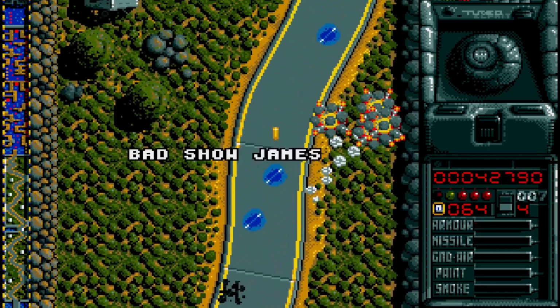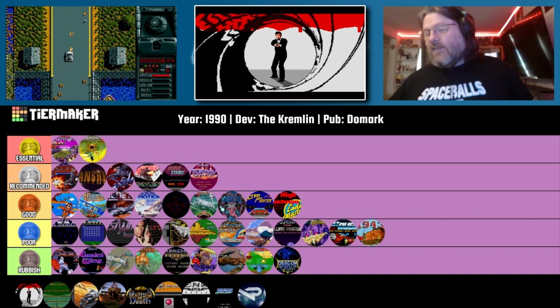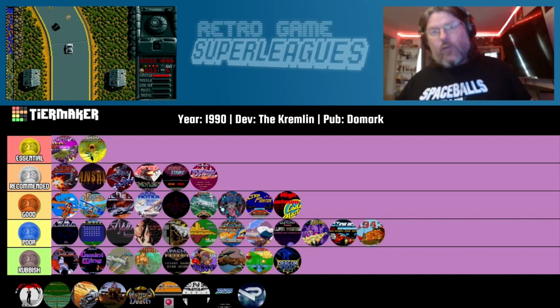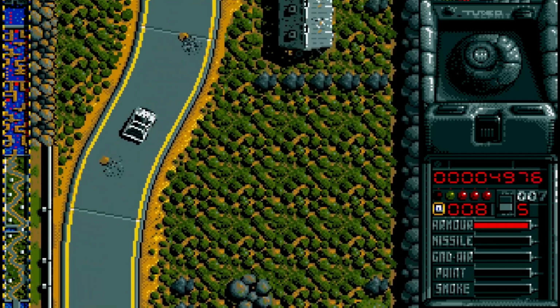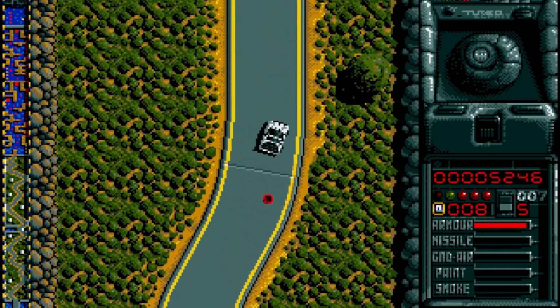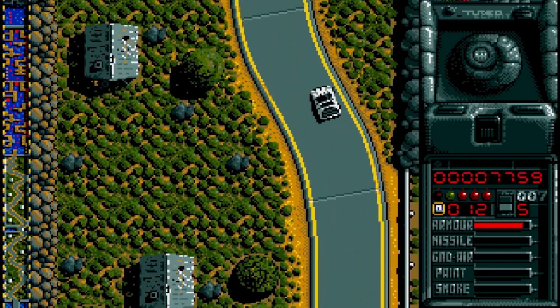Next up, we have The Spy Who Loved Me, which came out in 1990, developed by the Kremlin and published by Domark. And let's just get this one out of the way. This was a really great idea to take the Lotus versus helicopter chase from the movie and turn it into a Spy Hunter clone. Where it unfortunately falters a little bit though is in the actual design of the game